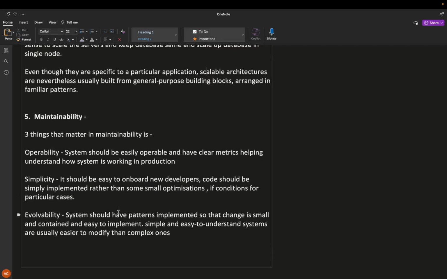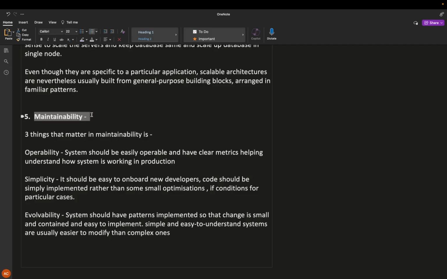Now, the third important characteristic of a data system that we want is maintainability, right? Maintainability usually means three things, of which the first is operability. The system should be easily operable and have clear metrics, helping understand how the system is working in production. So what this means is